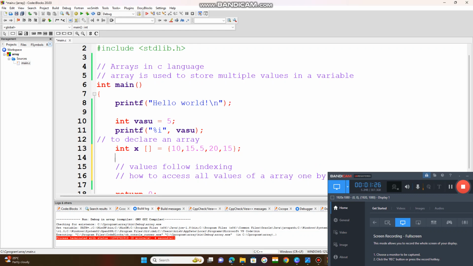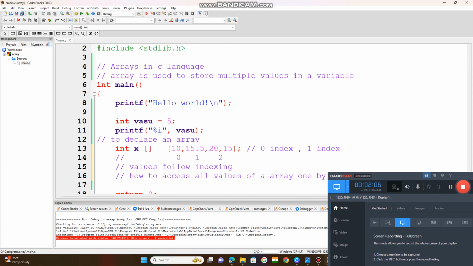The first value starts with index 0, next 1 index, like that. So this value's position is 0, next 1. I am commenting the positions here, indexing 0, this is 1 index, 2,